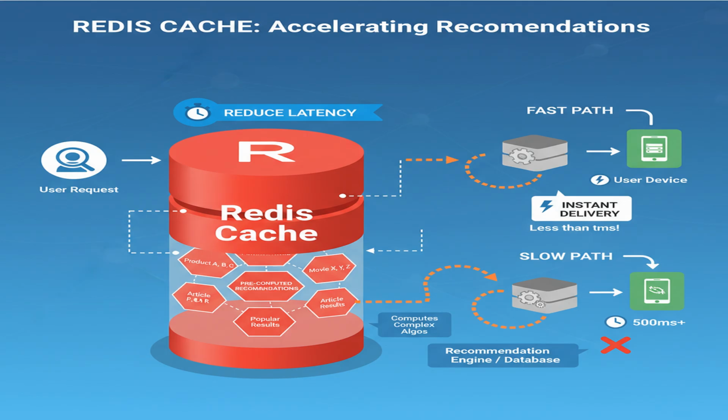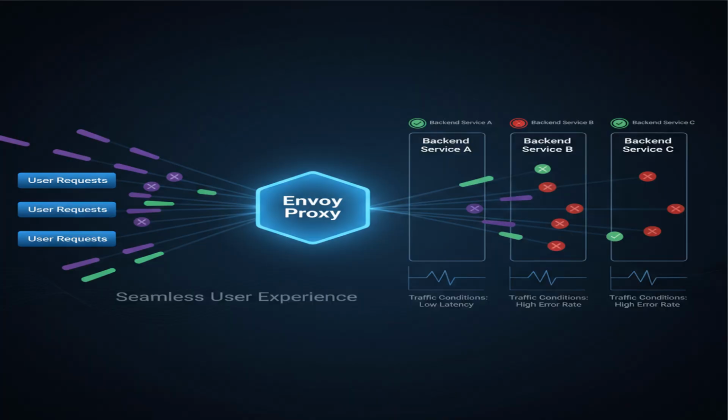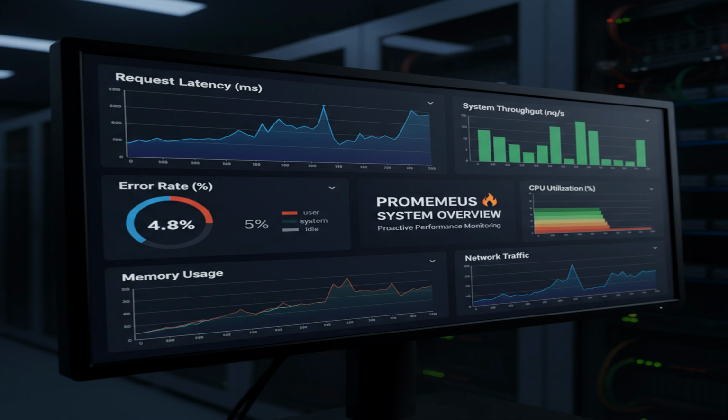A caching layer using Redis stores pre-computed recommendations, reducing latency. Think of it as a quick access memory for popular results. To handle the massive traffic, we use Envoy Proxy as a load balancer and traffic manager, ensuring high availability and optimal performance. Envoy intelligently routes user requests, monitors backend health, and dynamically adjusts traffic flow based on real-time conditions for